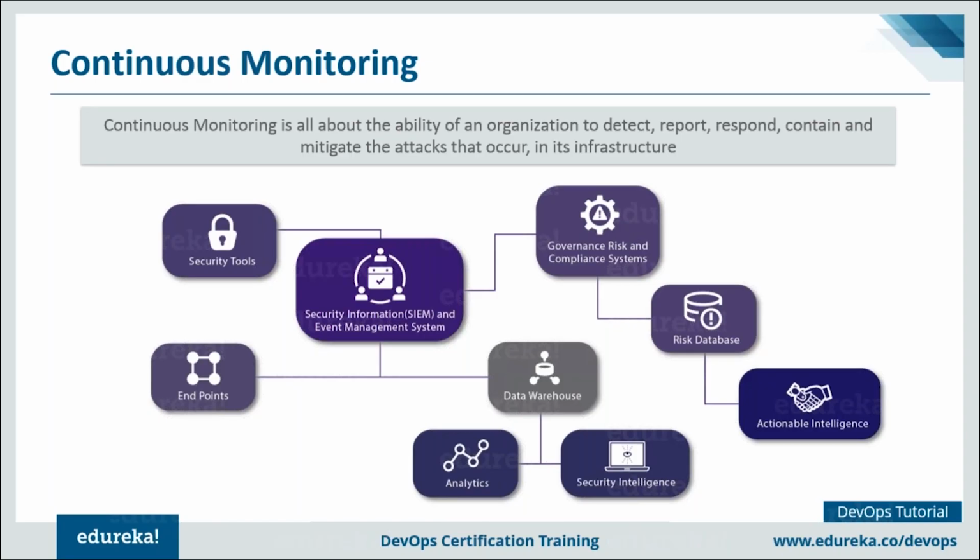So what is continuous monitoring? It is all about the ability of an organization to detect, report, respond, contain, and mitigate the attacks that occur on its infrastructure or on the software. So basically, we have to monitor the events on an ongoing basis and determine what level of risk we are experiencing. If I have to summarize continuous monitoring in one definition, I will say it is the integration of